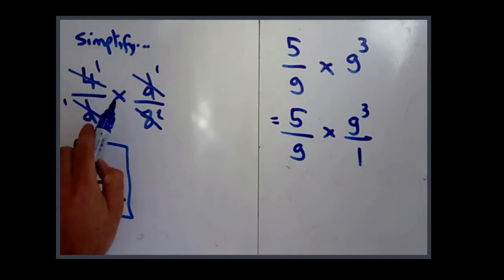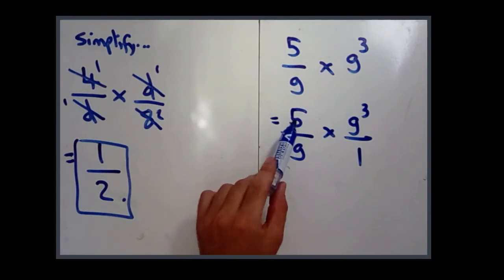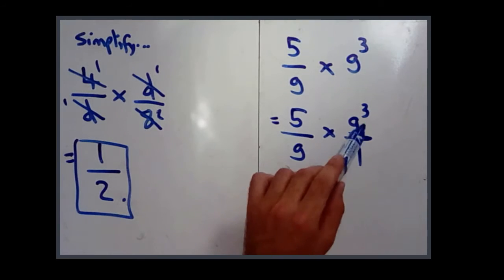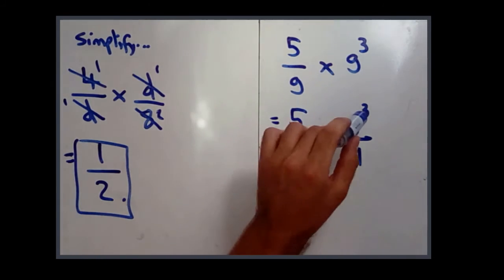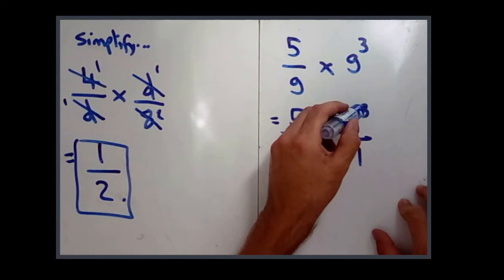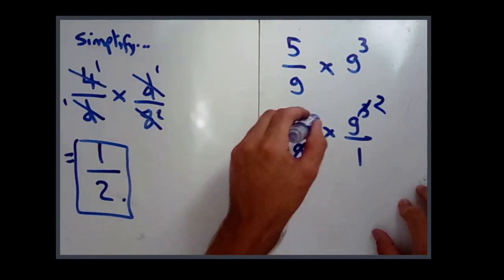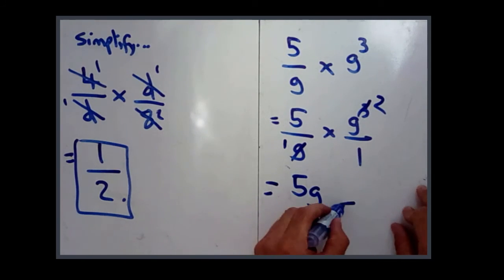Okay, so now we've got it in the same form as we had the first one, and we can look to cancel anything in the top with anything in the bottom. The 5 and the 1, the highest common factor is just 1, it won't do anything, so we keep those the same. 5 and the g, no common factors, g cubed and the 1. When I say no common factors, it's 1, and 1 doesn't help. So the only thing that does have common factors other than 1 is the g cubed and the g. So the highest common factor of g cubed and g is g, so we divide them both by g. So g cubed over g is g squared, and g over g is 1. So now we have 5 times g squared, which is 5g squared, over 1, which is just